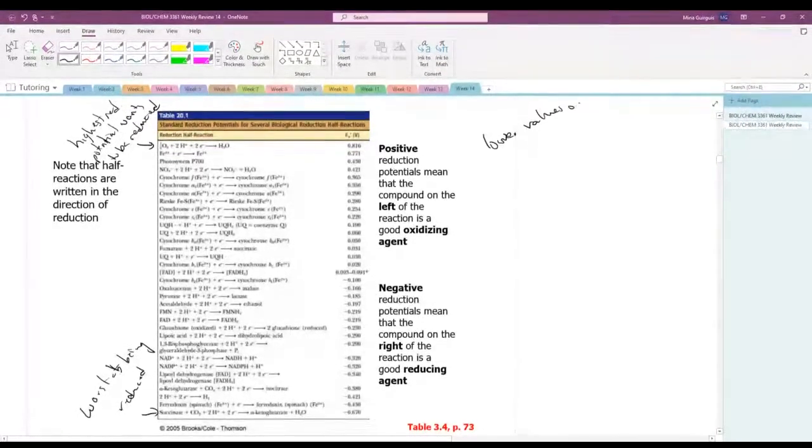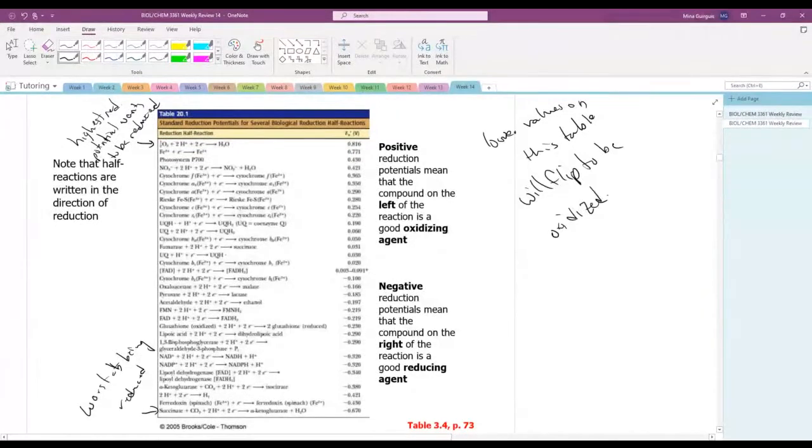what this means is the lower values on this table will flip to be oxidized. Okay, all right, I don't want to spend too much time on this because this is a